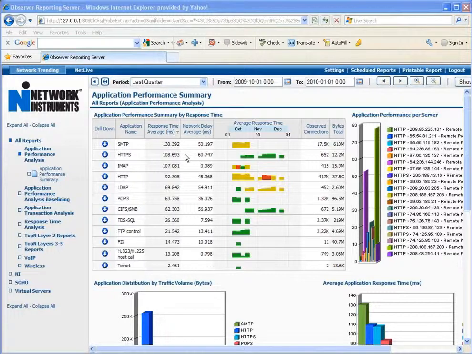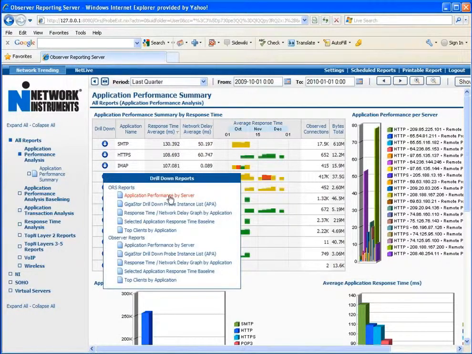Some of the configuration reports I have here are the application performance summary, application performance by server, by response time, and we see some red inside of here. With HTTP, this is the aggregate application performance. So I'll drill down on this and let's take a look at the application performance by server, in this case